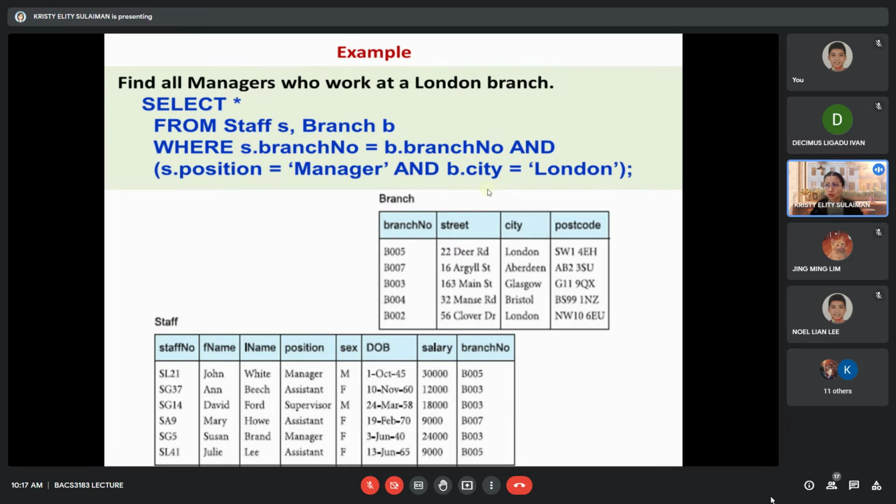If you notice, with this query you need to check from staff. You declare staff as S, branch as B, and then you have this restriction condition where the branch number from staff must be equal to the branch number of the branch table. This is another operation. You want the position in the staff table to be manager, and the city from the branch table to be London. Okay, so by thinking of it logically,